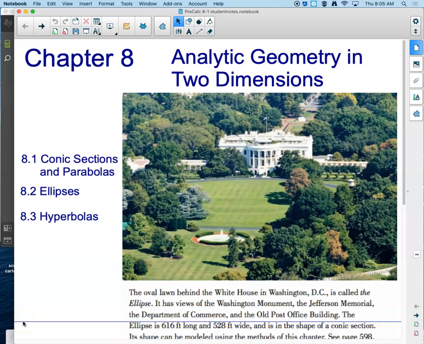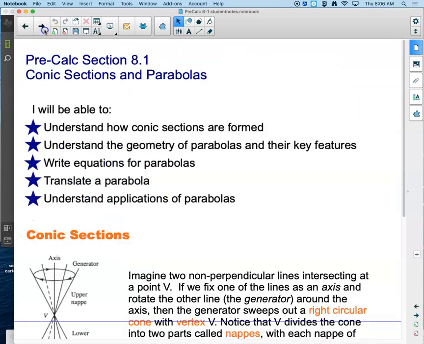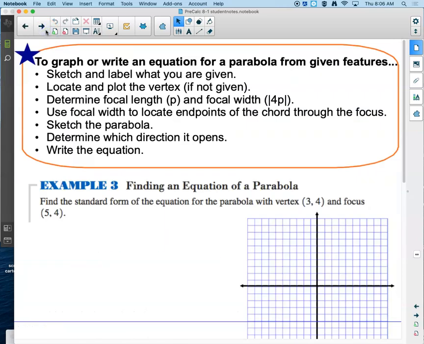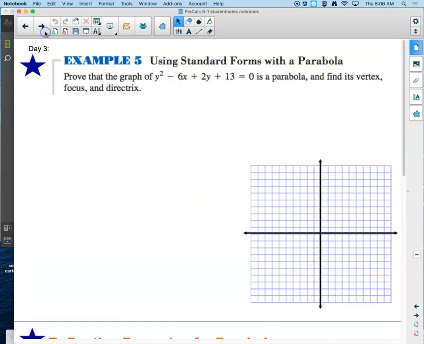So, Chapter 8, our analytic geometry in 2 dimensions. We've spent a couple of days talking about parabolas. And where on earth are we? Right here. So, when we did day 1, we got to this point where we saw this general equation in